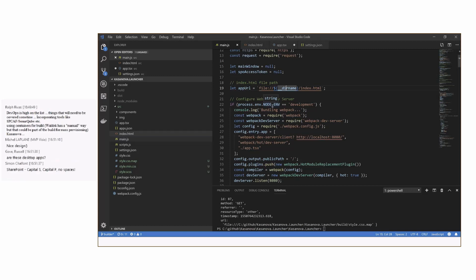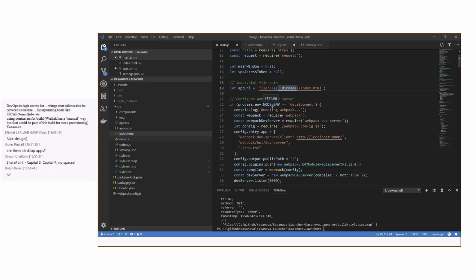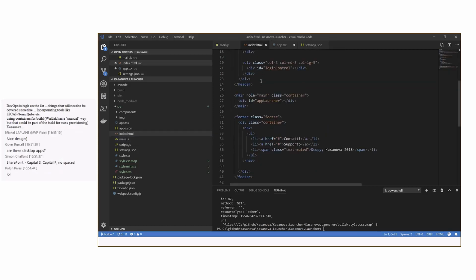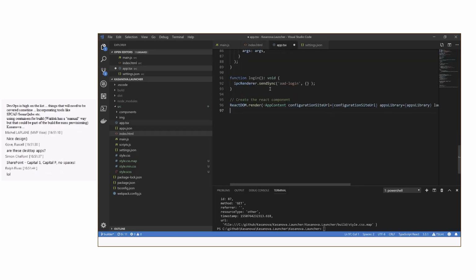Well, I will not dig into all of the details of the Electron.js app because this is not a demo about how to build an Electron solution from scratch. But just for the sake of clarity, I have an index.html page which I load in a JavaScript file, and this index.html page is made up of the HTML code which will render the UI that we just saw, and there is a div which I will use to replace with a custom React component which I have in